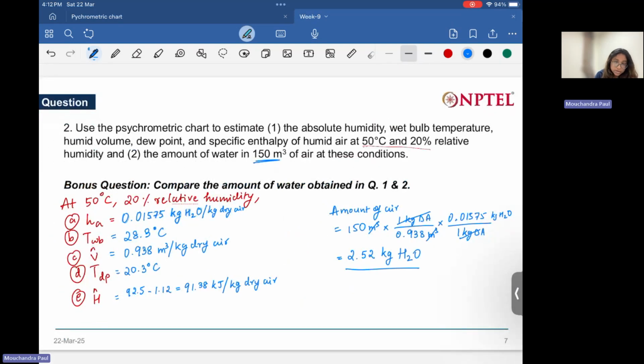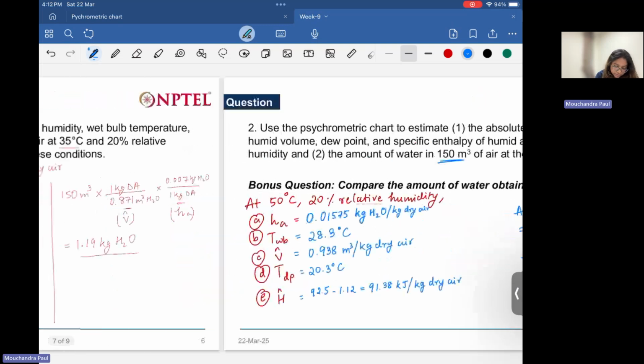Now this is for the condition of 50 degrees Celsius, 20% relative humidity. The amount of water in the air is only 2.5 kg,